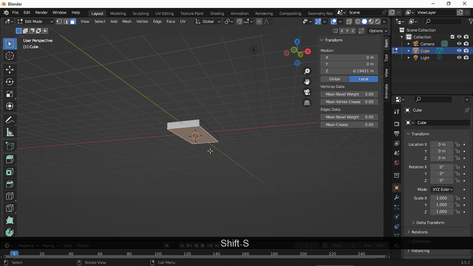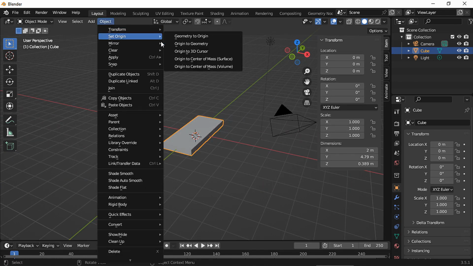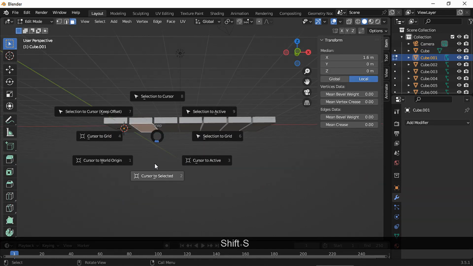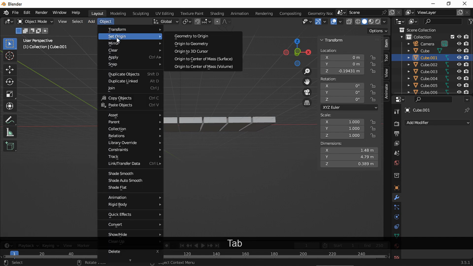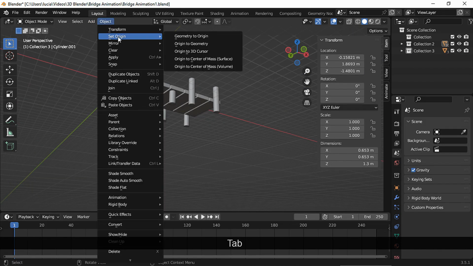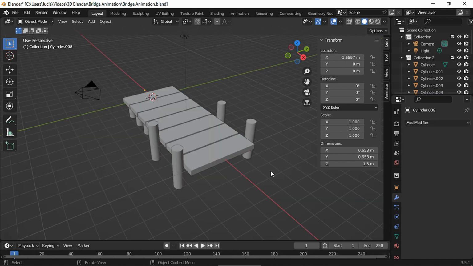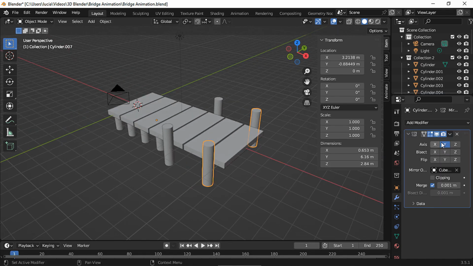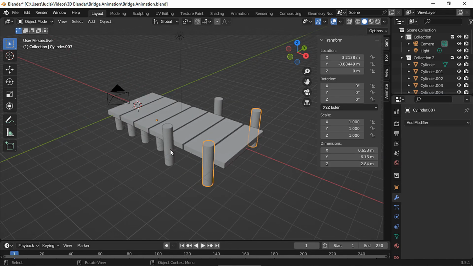For the planks, I changed the origin to the bottom of each plank. I'm just gonna show you a few, but I did this with all of them. And I did the same for all the legs as well. I left these two pairs of legs joined together, but I separate them later when I needed to. You'll see that later in the video.